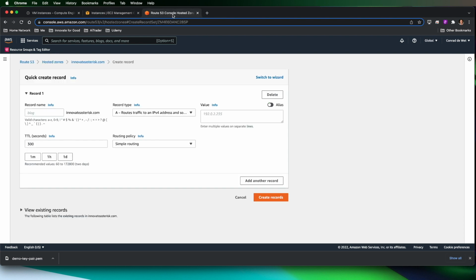We're going to need both those pieces of information. Now I'm in Route 53 because that's where I happen to be hosting this domain, Innovate Asterisk. But of course, if you are in control of your own domain and you're hosting it somewhere else, you'll need to be able to get to the create record option. I'm going to create an A record for the exact server name that I just mentioned,